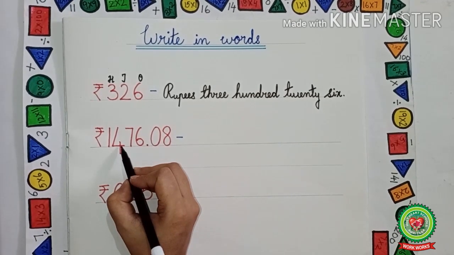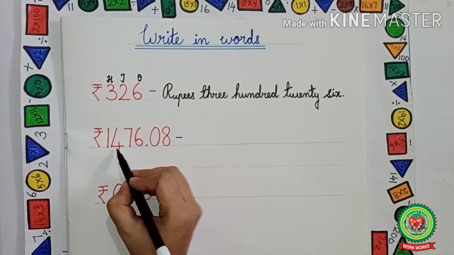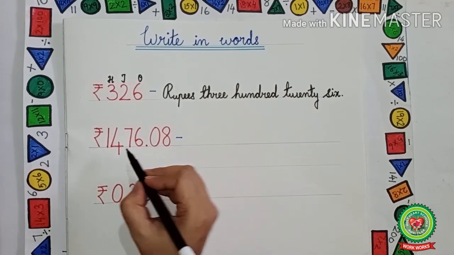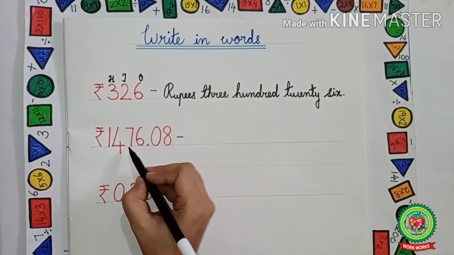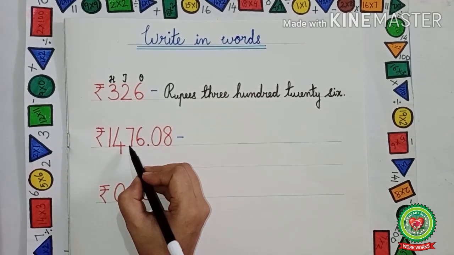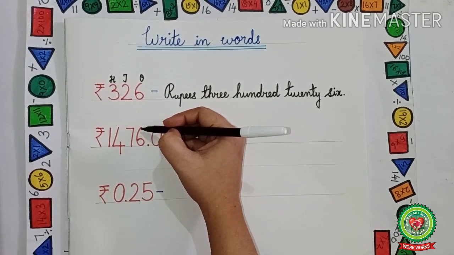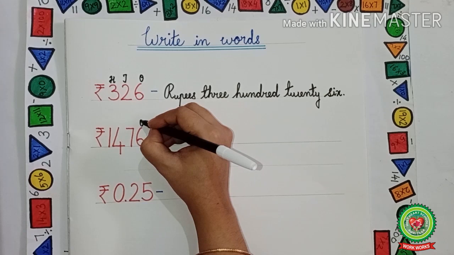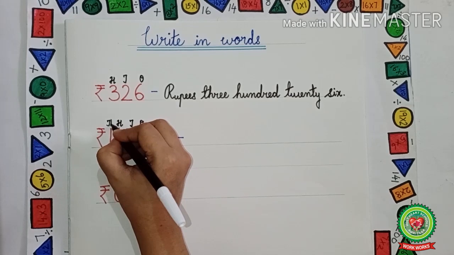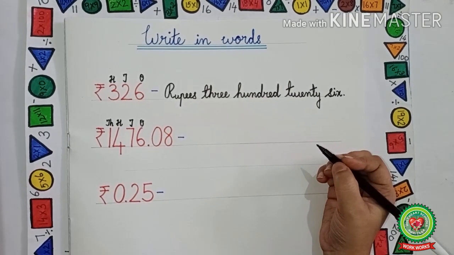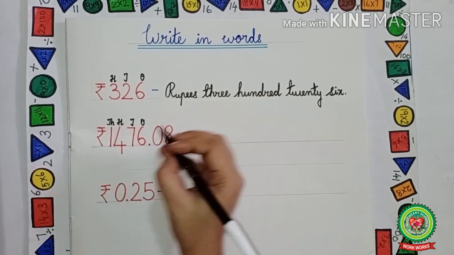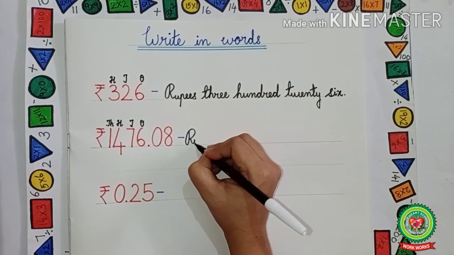So first of all what we will do, we will write the place value table above the rupees. We will not write the place value table above paise. Now we know that the numbers which are at the left side of the point, that is rupees. So we will start writing the place value table from here. That is ones, tens, hundreds, thousands. Now we can read it. Now this symbol is given over here. That means it is the symbol of rupees. So over here, first of all, we will write down rupees.